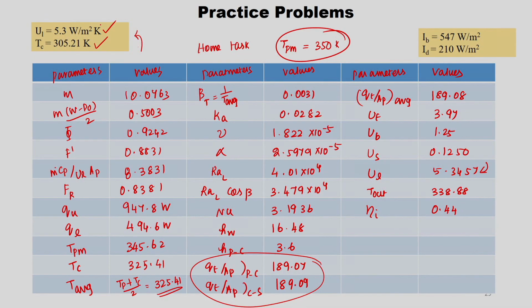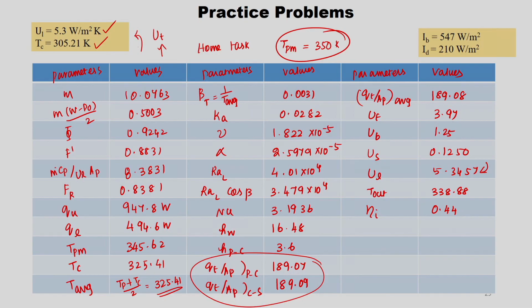Also, why we are calculating UL is to find out UT, that is the top loss coefficient. But there also you have many correlations which predict the top loss coefficient. If that is the case, UB and US are straightforward. You are supposed to calculate the area, and then thickness and thermal conductivity values are available. With that also one can calculate. For UT also, if there are correlations available, then you can directly use them as well. So, here we have discussed all the possibilities and how to do the analysis in depth.